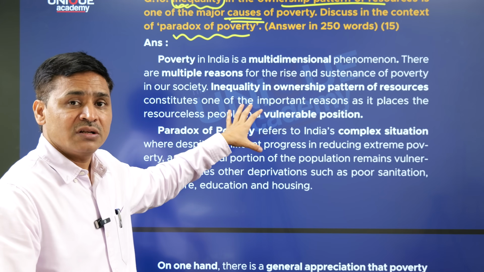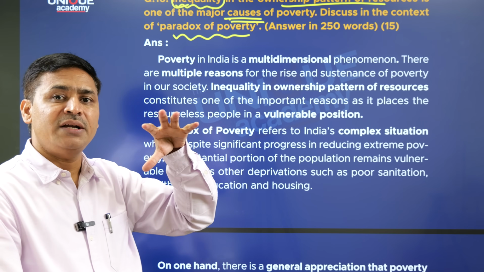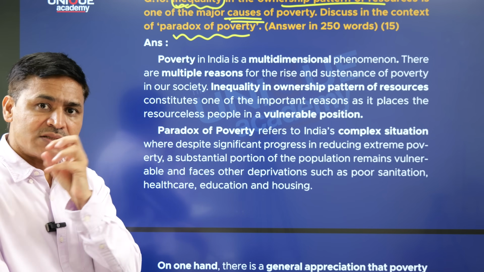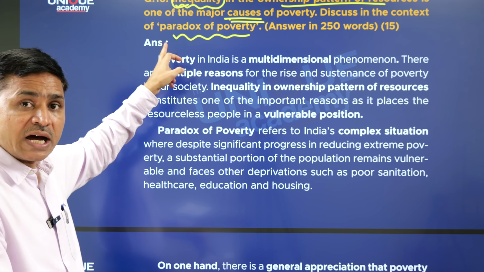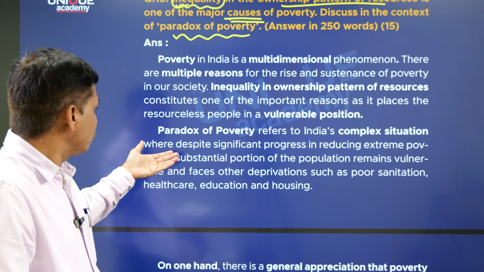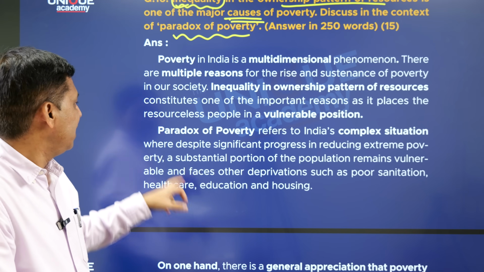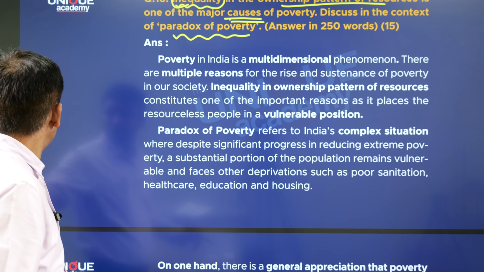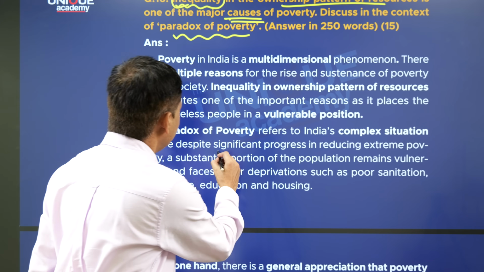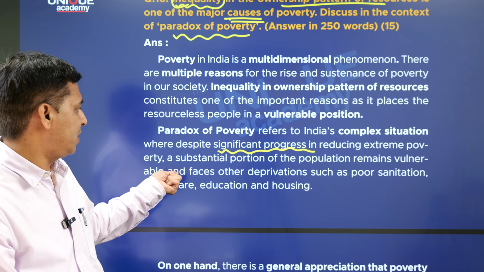This is a proposition, and we have elaborated upon it, keeping in mind the parts of the question. Now, the paradox of poverty, that is the last part of the question. So we defined it right in the beginning itself: it refers to India's complex situation where, despite significant progress in reducing extreme poverty,